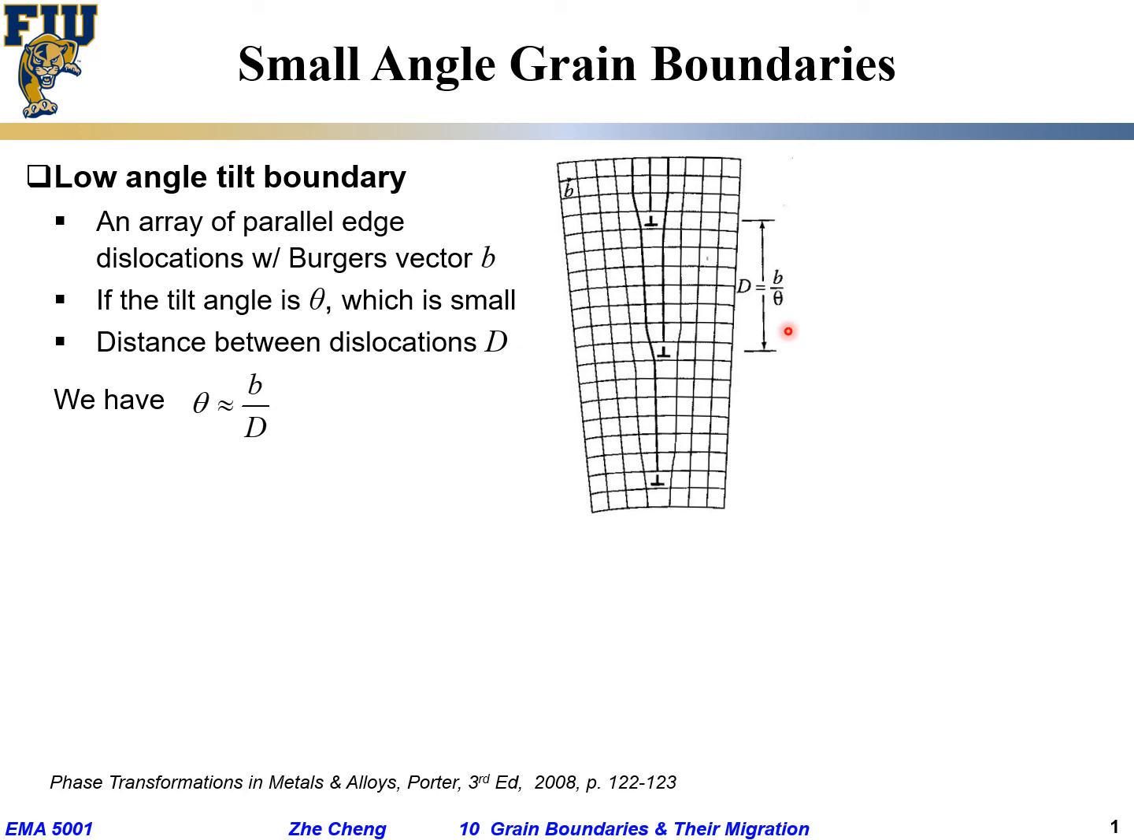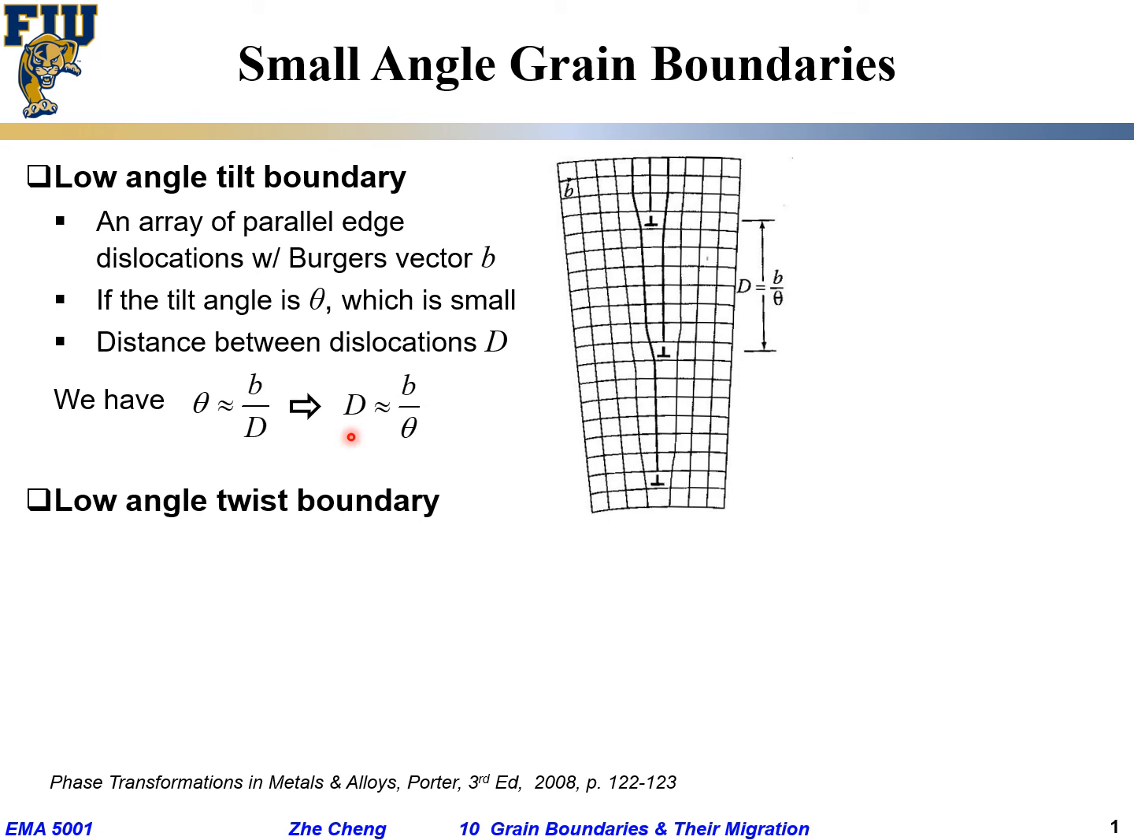This is the same relationship: D would be the Burgers vector divided by the tilt angle theta. From this relationship, we can easily get the interdislocation distance, B divided by the tilt angle theta. So this is for the low angle tilt boundary, left grain, right grain. They tilt away by a small angle, and we have a very simple relationship between Burgers vector, the tilt angle theta, and the